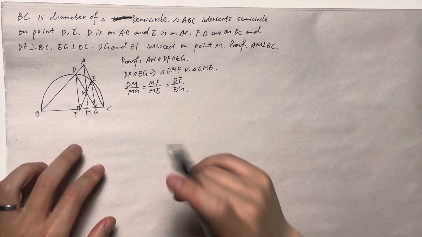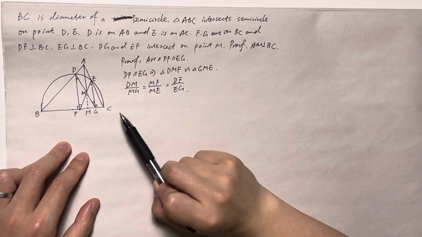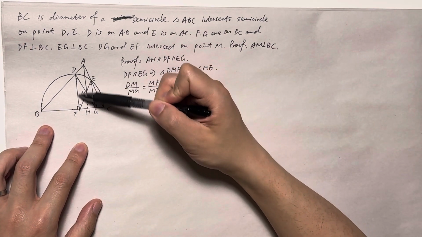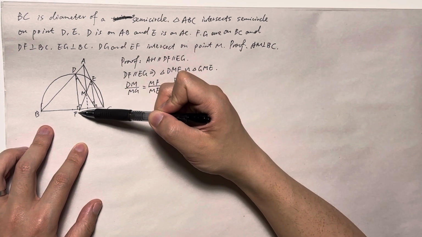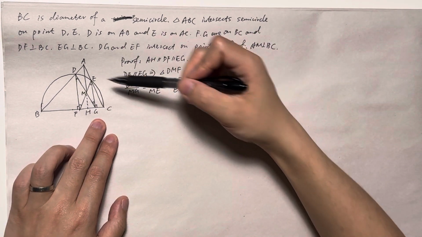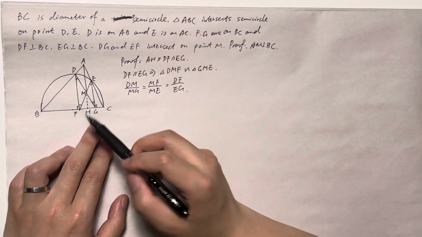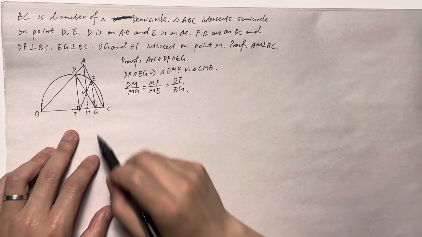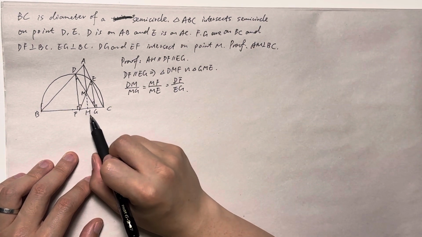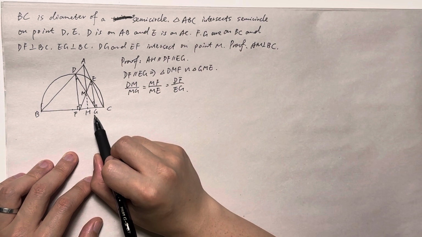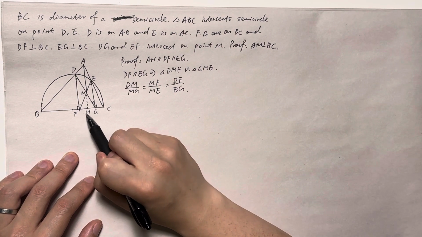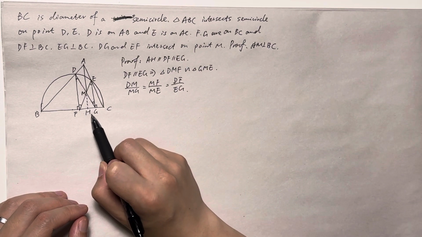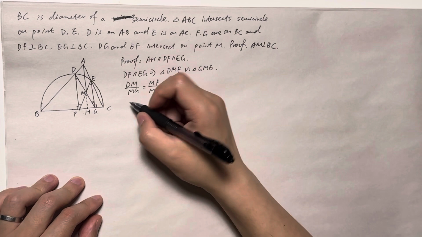So assume that AM is perpendicular to BC, which means MH is parallel to DF. So we get DM to MG must equal FH to HG, which means we want to find the ratio of FH to HG. So we have to have a term that includes FH and HG. We can see that if we use